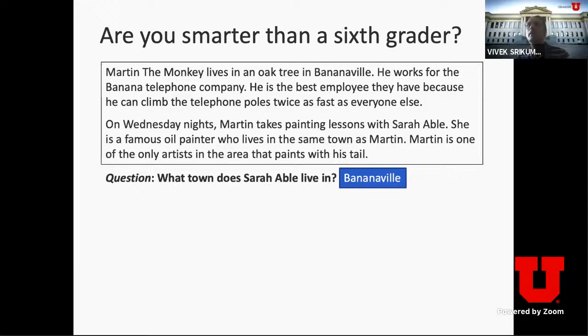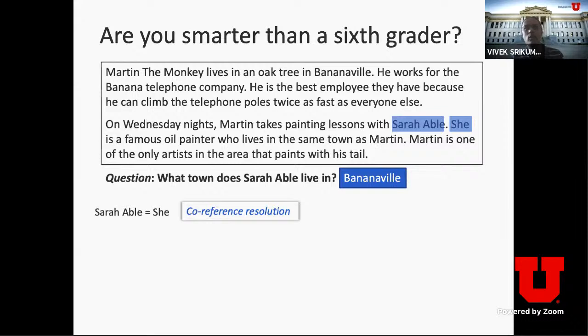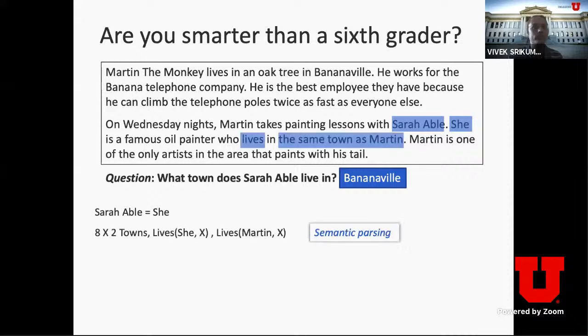That's excellent. Let me make it even more complicated. Let me take what you just said and make it ridiculously complicated, laughably so. So we don't know that Sarah Abel is she. In fact, I don't know how you agree, but probably we all agree that this is a person, Sarah Abel, and we agree that this string called SARAH space ABEL is also the same thing as this other string called SHE. This is a task in NLP called co-reference resolution. How do we know which entity a pronoun refers to?